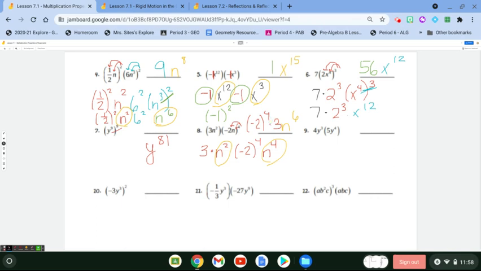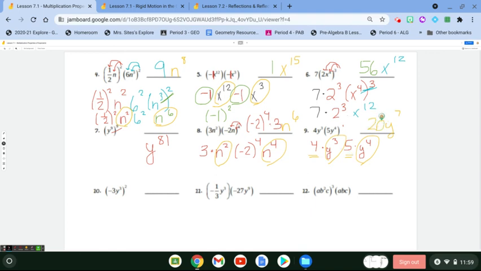All right, for question number 9, this is kind of like a power of 1 on the outside, so no need to actually distribute anything. If you wanted to break it apart as 4 times y to the third and then 5 times y to the fourth, you can see that we have some y's in common here. So that would be a total of y to the 7th power,